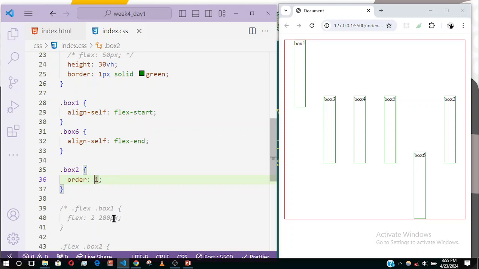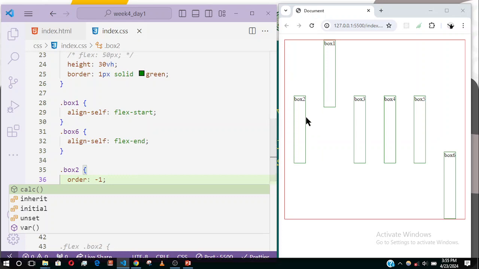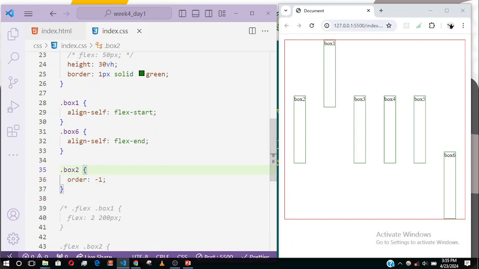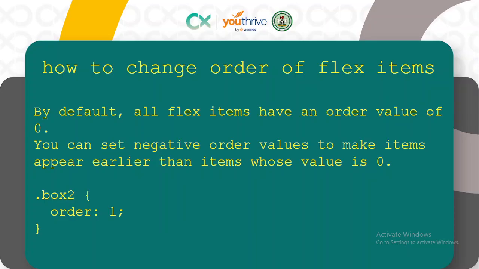So if I add a -1, which is less than 0, it means box 2 will be at the front. So this is how you can change the order of flex items. So let's go to the next one,